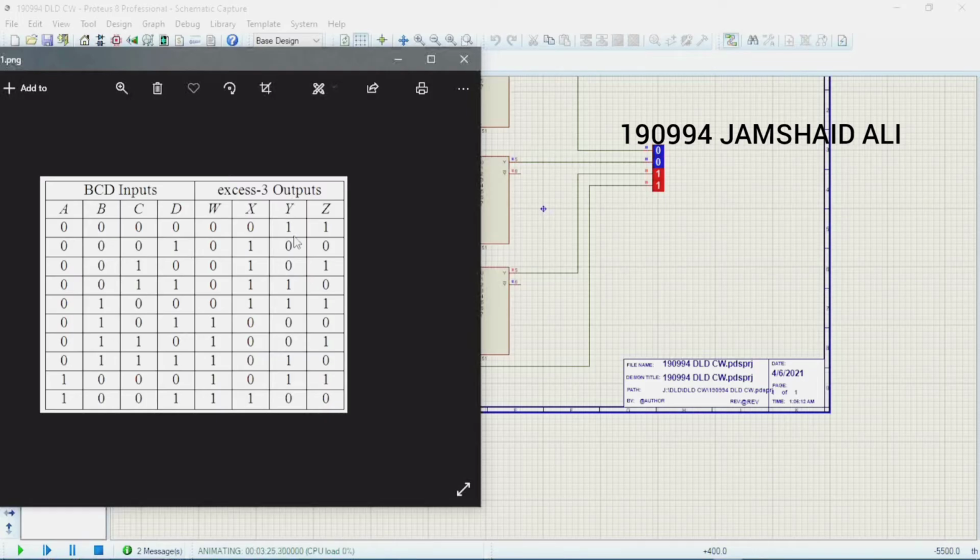So for Y 1 and 0 we have to connect D complement to the Y mux. For 0 1 we have to connect D directly to the Y mux, and then for 1 and 0 we connect D complement to Y, and then for 0 1 we connect D directly to Y, and then for 1 and 0 we connect D complement to Y.